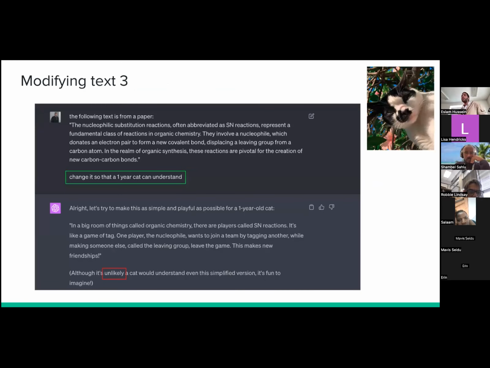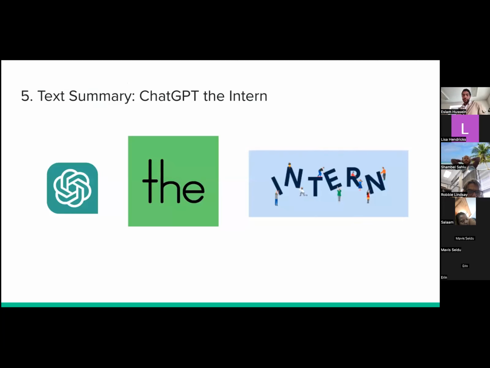Now I said, okay, what about a cat? And then they actually say, I think they quote me this time, that they know cats wouldn't understand, but they say again, unlikely. I mean, what are the chances that a cat will understand anything? And I think this uncertainty, maybe this cat is quite special. I don't know. So okay, it also can